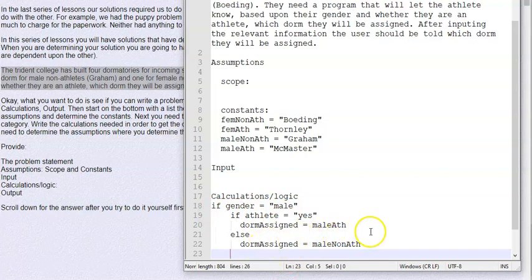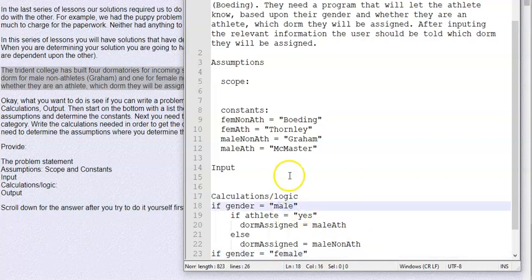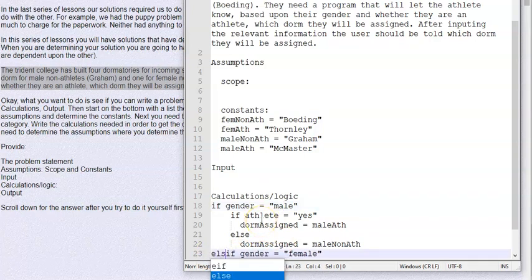So what happens if they're female? Now, what we don't want to do is if gender equals female, right? We already know that can't be right because if it's not male, it's female. That's what we call a Boolean. So we don't need to test for gender. Gender is simply, whoops, else. Else means gender. But we do have to test to see if that female, so if it's else, it's female, is an athlete. So instead of doing that, we're going to do Control-C,